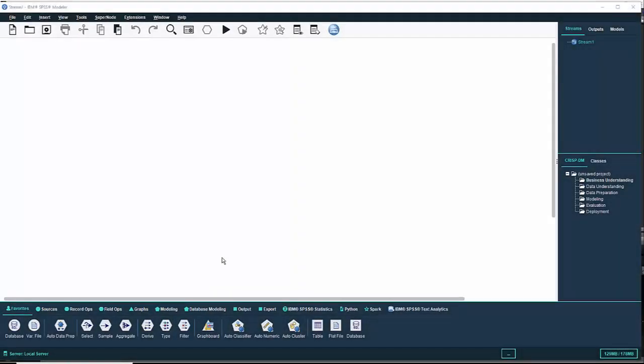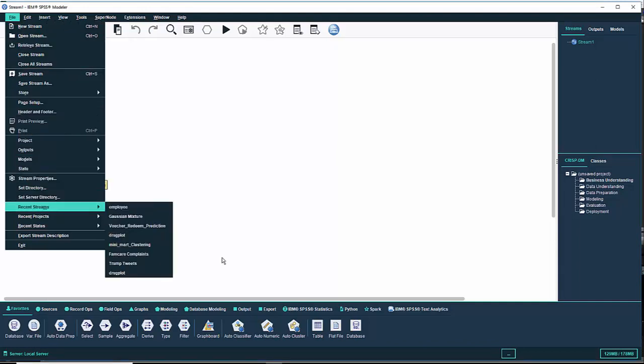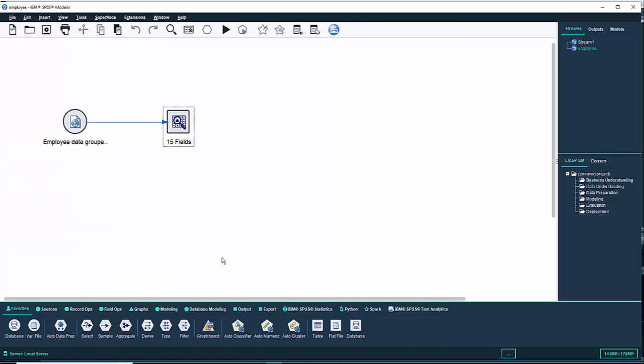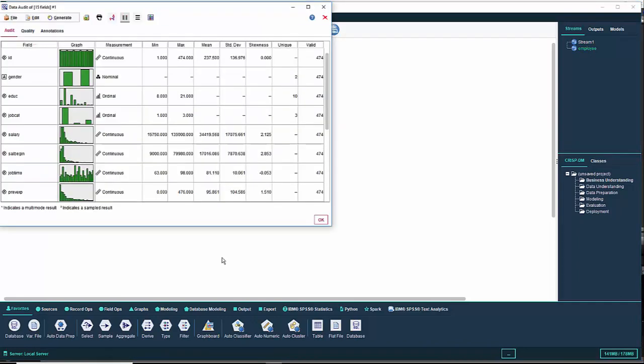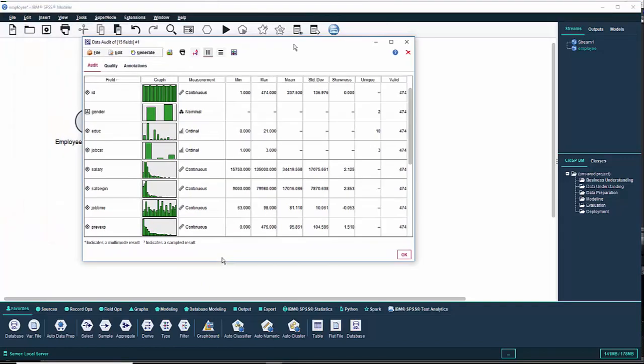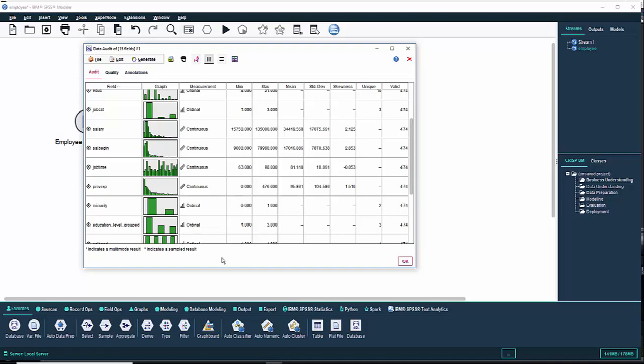So to highlight some of the differences between this and the previous versions in terms of new functionality, I'm just going to open up a stream that I've got here which reads the employee data.sav file. This is an SPSS Statistics file, and you can see here I've got connected to it a data audit node. There's 15 fields in it, and it's a pretty simple file to work with. It's only 474 records in here, but it's got a nice mix of continuous and categorical fields,